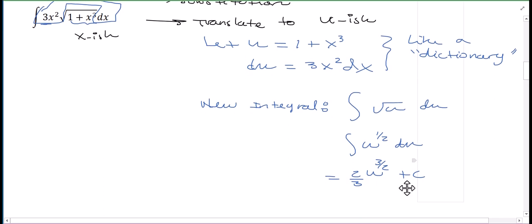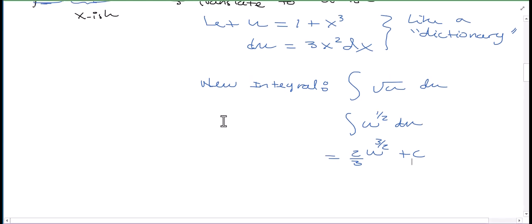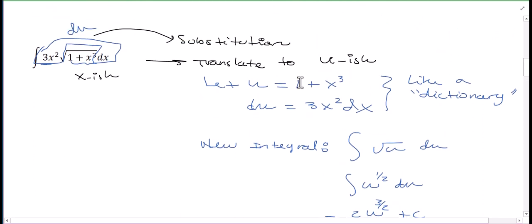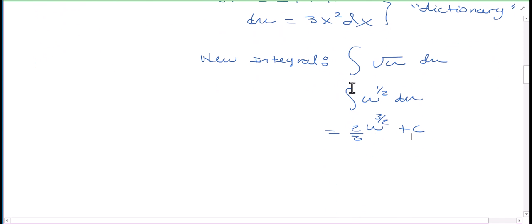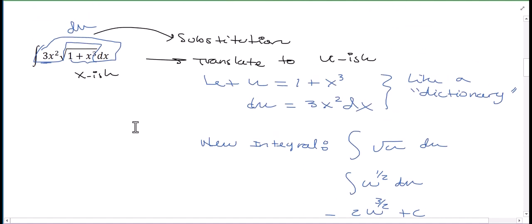But I'm not done. So I translated the question, but now what? I need to be able to answer the question in the x language. We need to translate it back to x. So we're going to look up in our dictionary again to be able to go back. u is 1 plus x to the third. So that means that this is 2/3 times (1 plus x to the third) to the 3/2 plus c. And so that will be our final answer for this